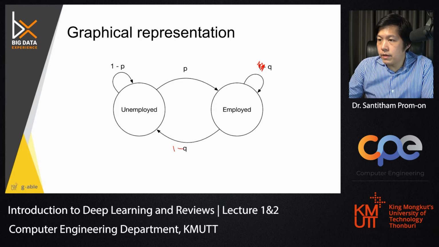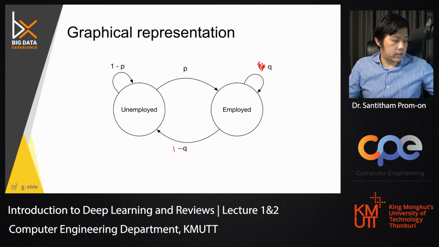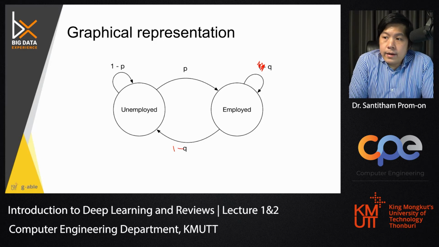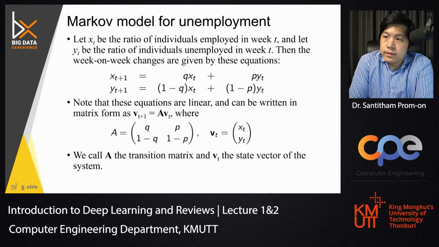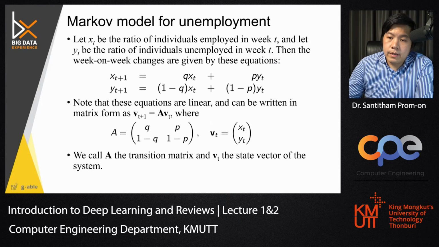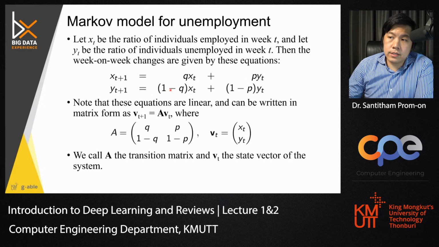Q for employed, 1 minus Q for transition to unemployed. Right, and then we can write a Markov model for unemployment like this one. Suppose we have X as the ratio of individuals being employed at week T, and Y as those who become unemployed. Then at a certain week, the number of employed, X_T, would be Q